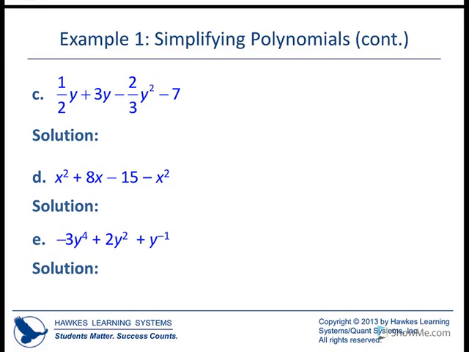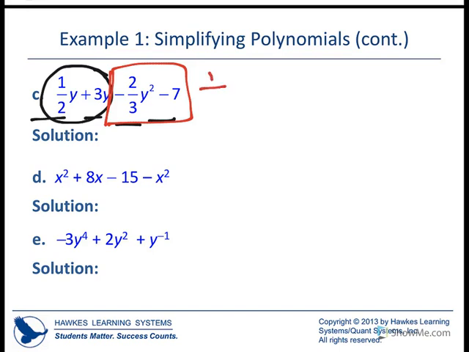Okay, moving on. We're going to look at this one. It has 1, 2, 3, 4 terms. But there are some that we can combine. So we know we can combine these two. But we cannot combine these because they have different degrees. So when we combine these, the 1/2 plus 3, okay, that's going to give us